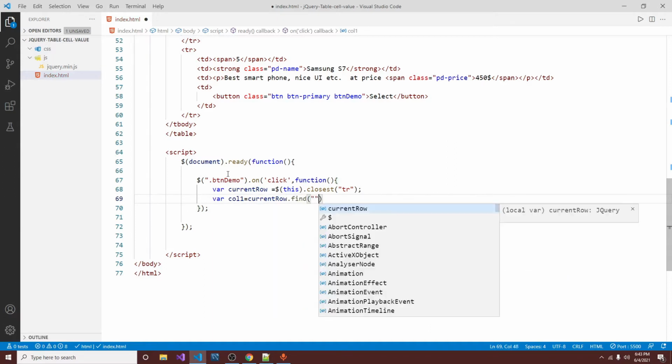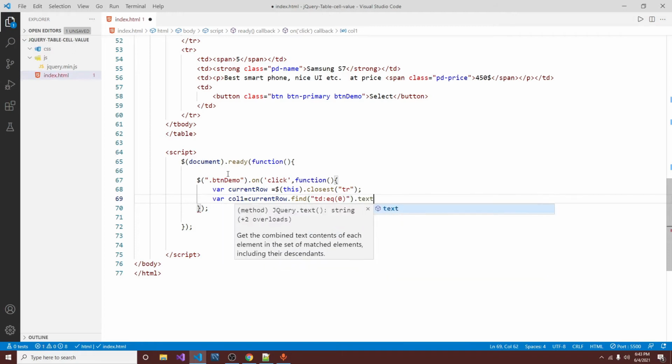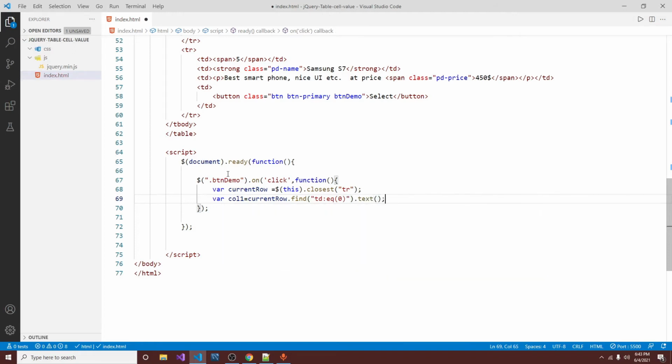What we have to find? We have to find td eq of 0. This is the index. 0 for first column, 1 for second column, and 2 for third column. So here we need text, so we write dot text. This gives the first column data.